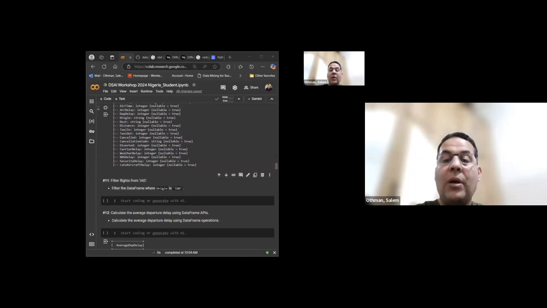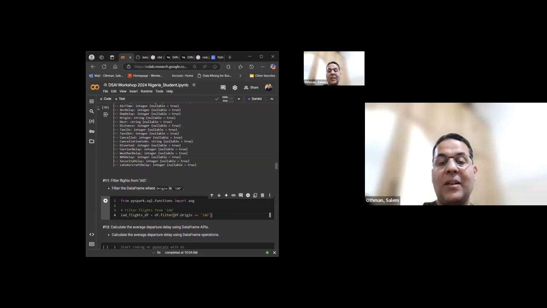Okay, so now here we need just to filter the data frame where origin is IAD, the airport. How can we do this? We can do this part here using this command. So if you look here,